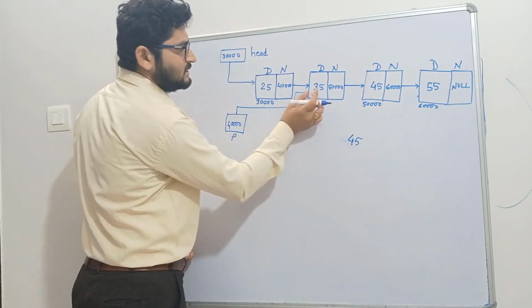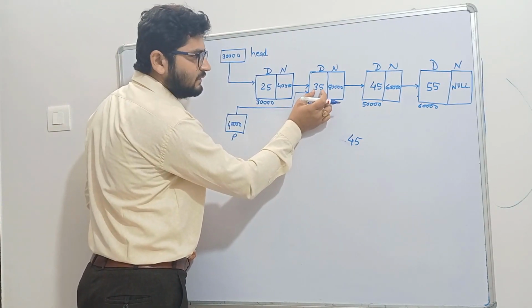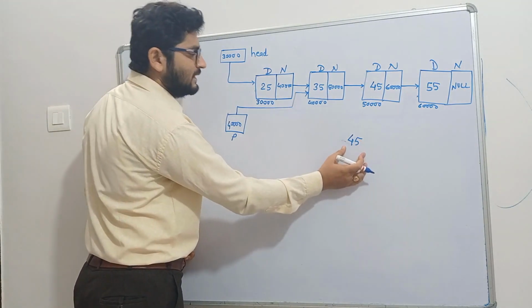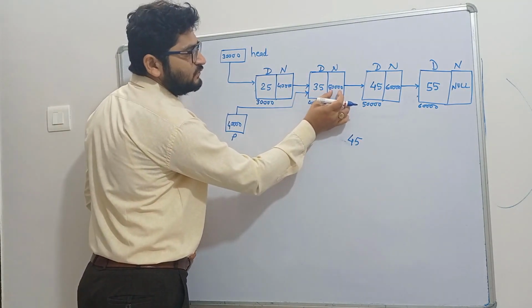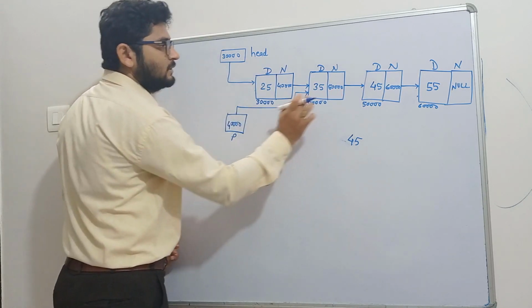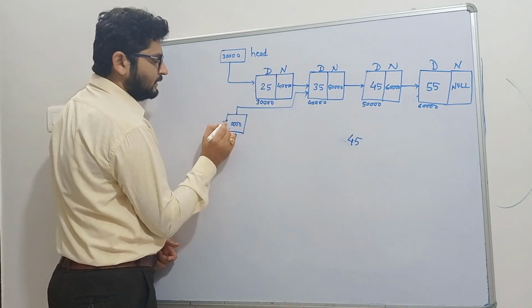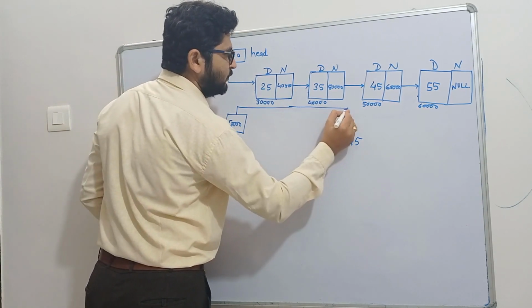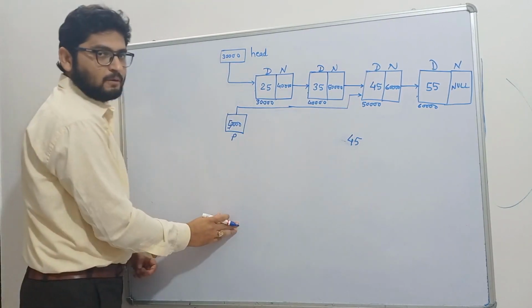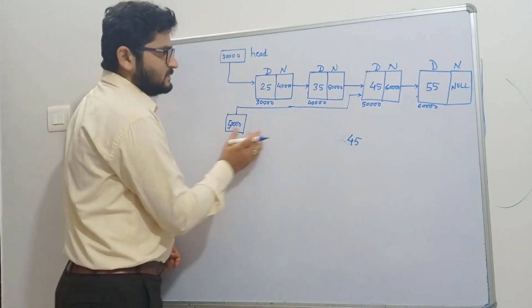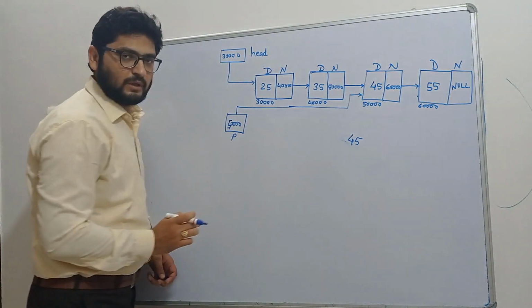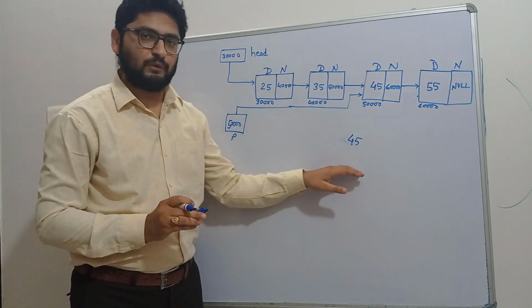Again, you can see here what is the value over here in the next node, that is 35, and it is not matching with the 45. So that's why the value is not matching. That means we have to copy this next over here. So this 50,000 will be copied over here. It will become 50,000. Now that means this P is pointing to this node with the value 45. This 45 is matching with the value we are looking for. That's why we will stop over here.